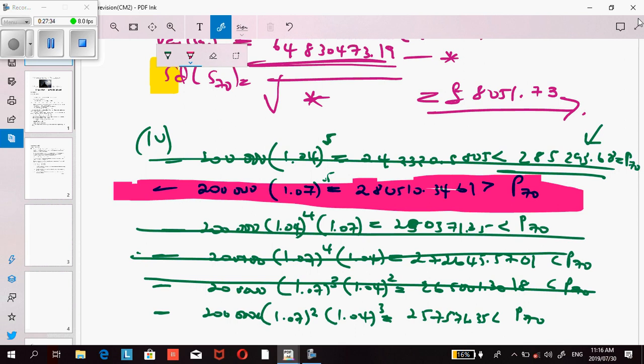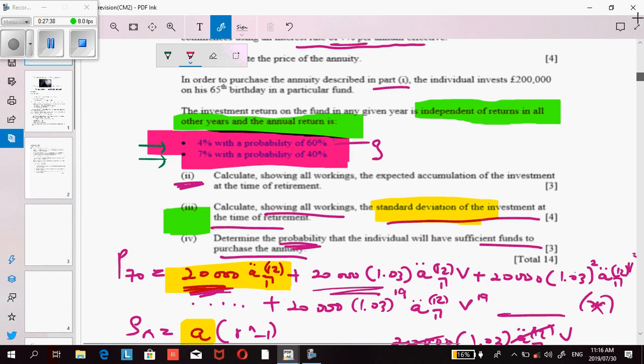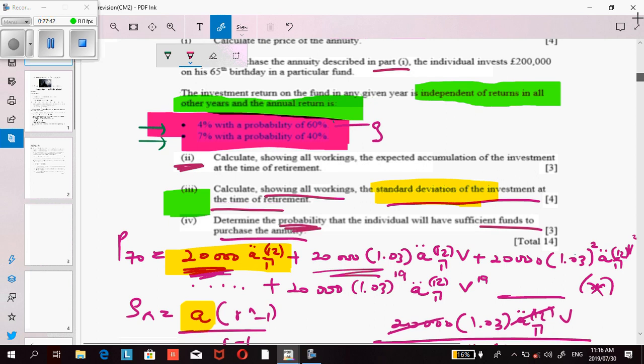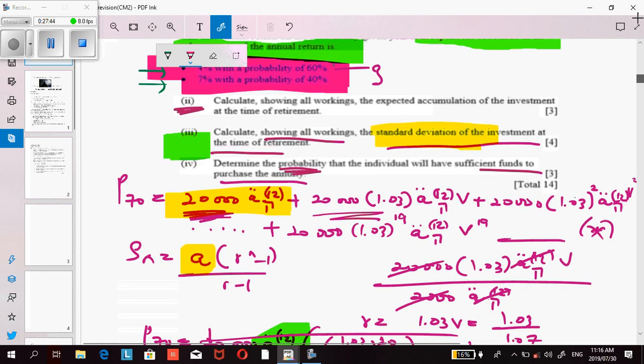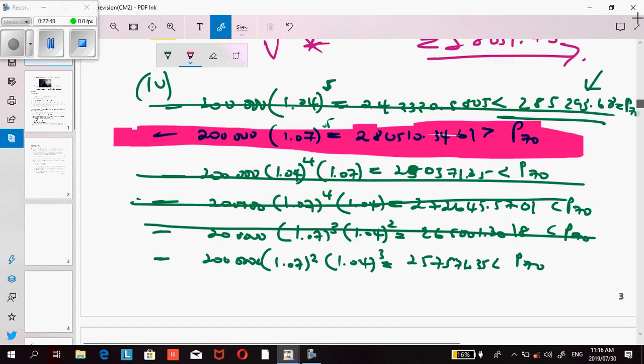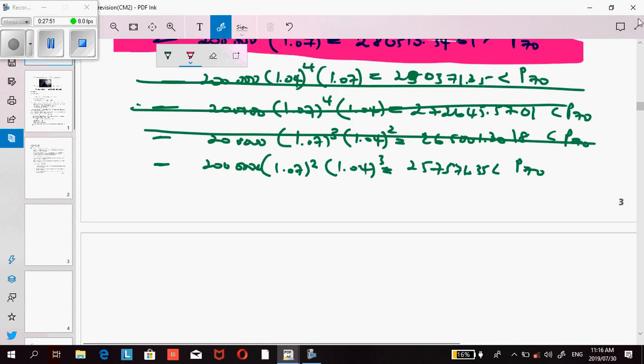Now, what is the probability of this? The question told you the return of 7% has a probability of 40% to occur. So if we invest at 7% for 5 years, do you agree with me that the probability that you are looking for